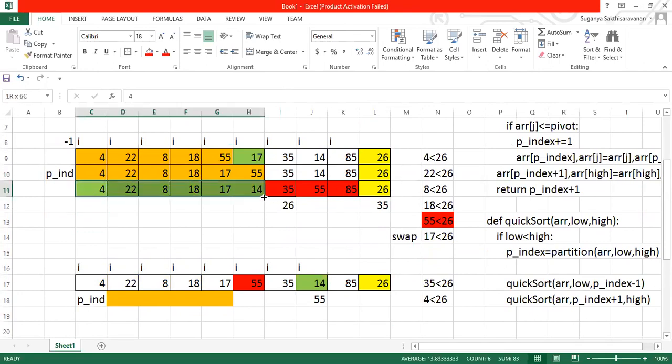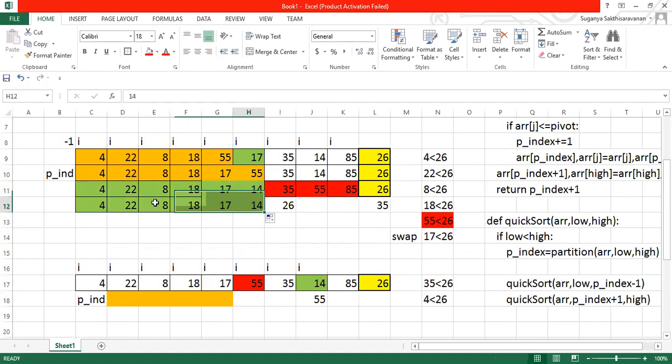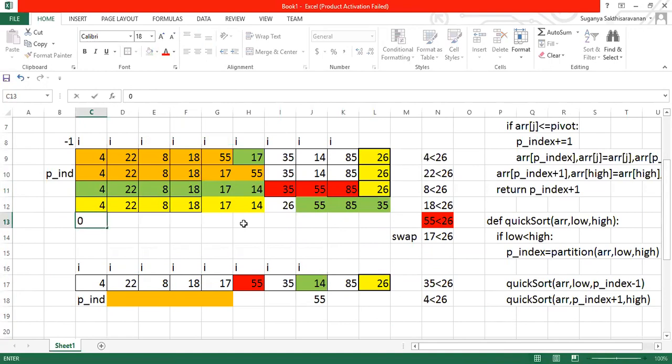So this is your left array which will be taken right now. The remaining elements will be taken as your right array. 85 is there, right? So the remaining elements are going to be taken as your right array. So the left array index is 0 till your p index minus 1.